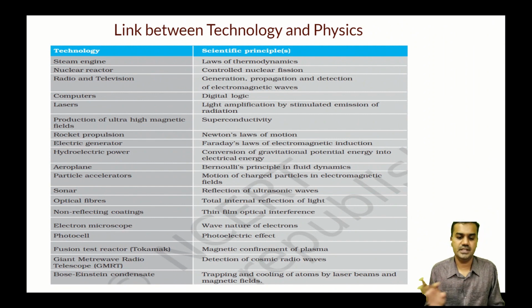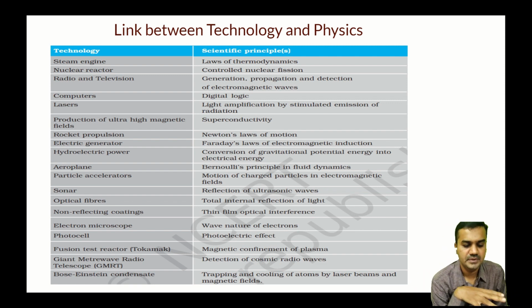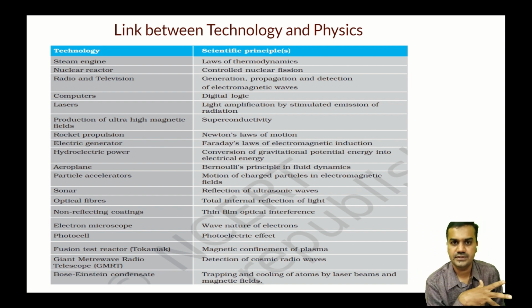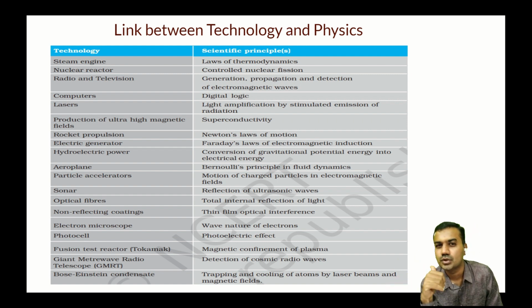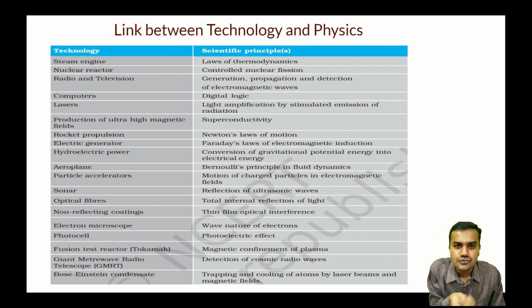So how are technology and physics related? I can give many examples here. You can just go through these principles. Steam engine, the railway engines. How are these railway engines made? By using the law of thermodynamics. When we understand the law of thermodynamics, which says that some amount of heat energy can be converted into work, and that work is used for the rotation of the wheel,